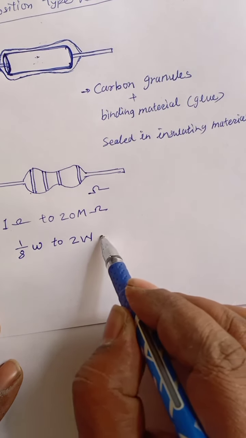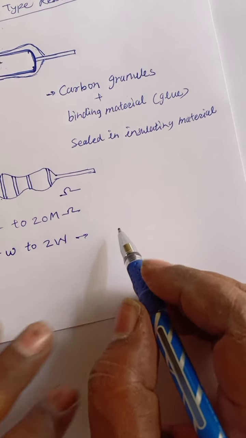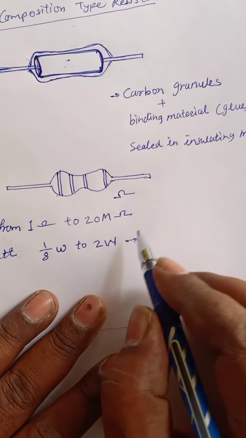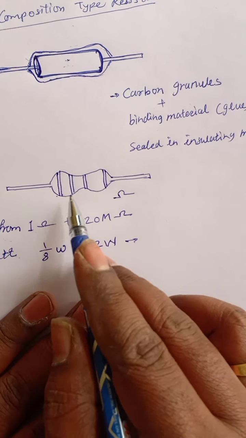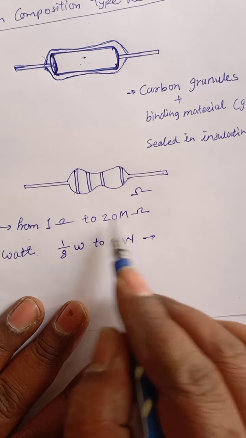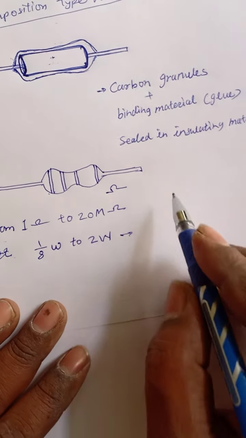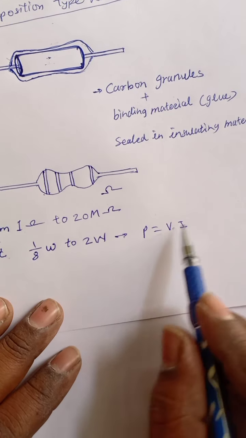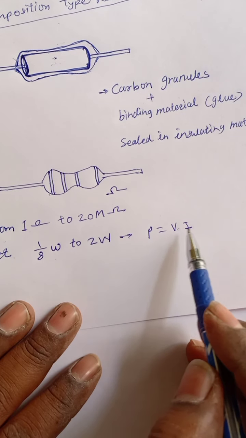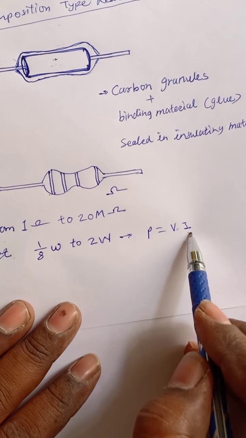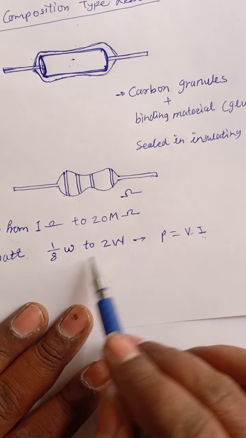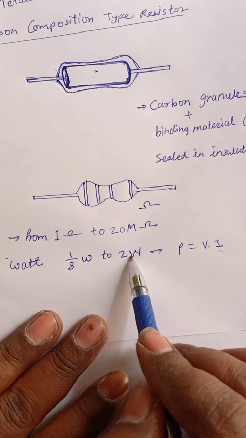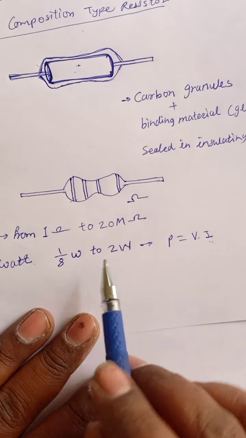What is the meaning of watt? Watt means the largest current that can be handled by this resistor, which is given by the watt rating. Watt is power, nothing but P is equal to V into I. So this is the equation of power. It depends on the current, so we can say that the current value handled by this resistor is given by the watt. Higher watt is used to handle high current. So this is the wattage.